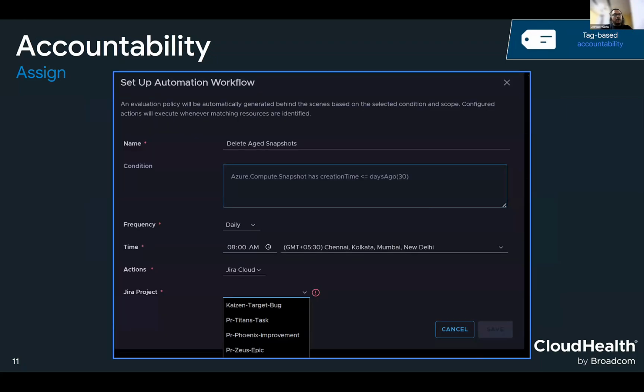The third is accountability. Since now you know what waste is, you know the top five wastages and how much you can save by resolving those wastes, now you decide who's the owner so that you can pass it on. Say we saw the 8 snapshots. Now you want to set up the flow for it. How do you resolve those snapshots? Say you name it delete snapshots. Behind the scenes, we are bringing in a policy framework here, policy and action, which you will see as a full-fledged policy and action workflow, a reimagined flow in the new experience, very soon. But behind the scenes, it's already in the works.